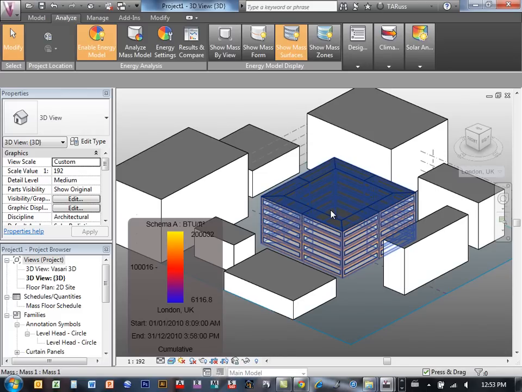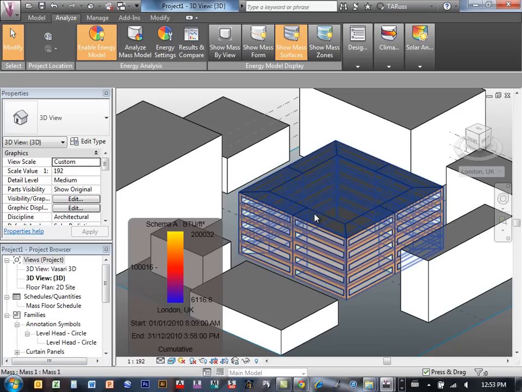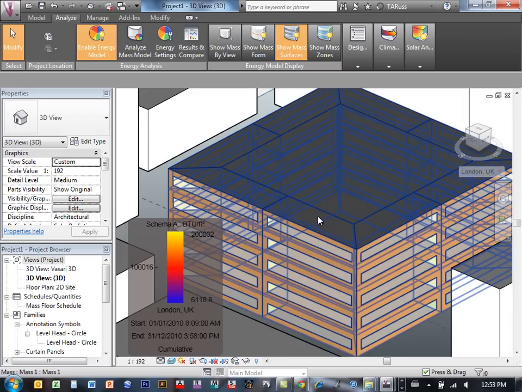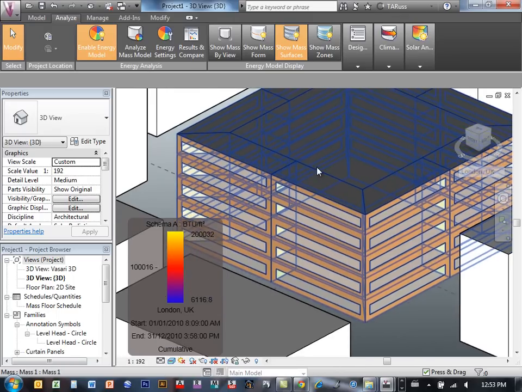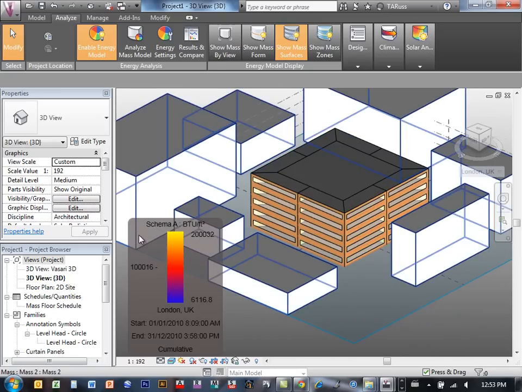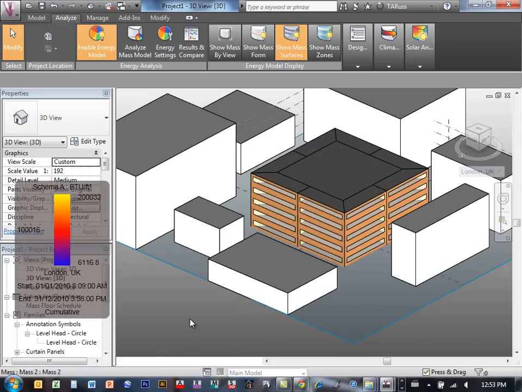And notice that what it's also done is it's created these zones, and you can see that there's a line set back from the perimeter of the building. And that just anticipates where a core would be, so where your elevators and your other services might be. We can customize that. That's what we're going to do first. We're just going to click on